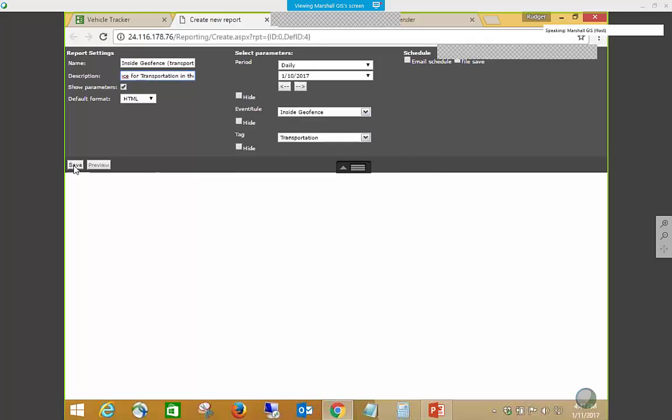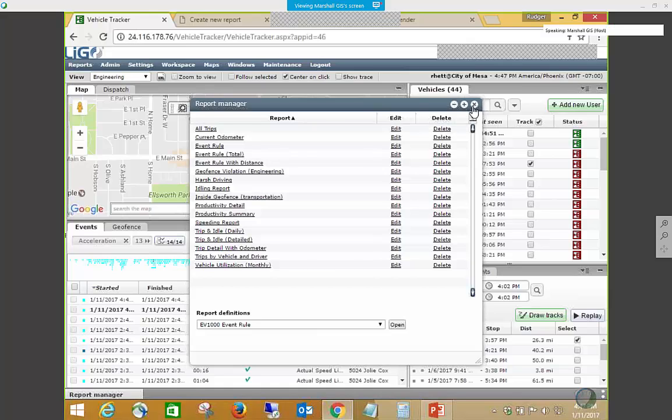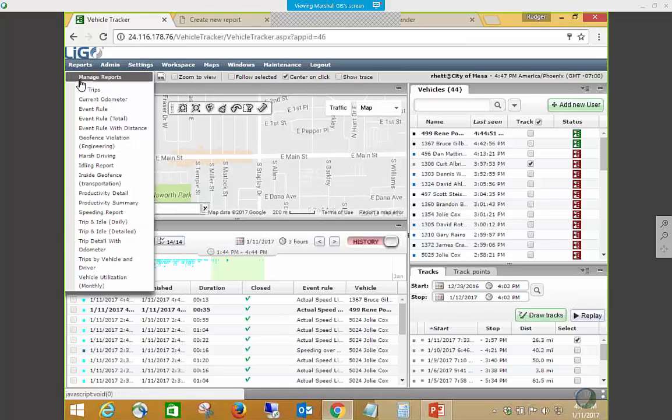And if I save this, so I've saved that report, and now if I come back here in my drop-down menu, I now have an inside geofence report, and if I want that only to be for